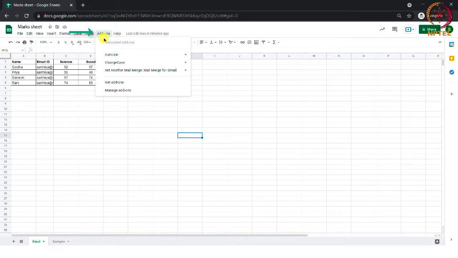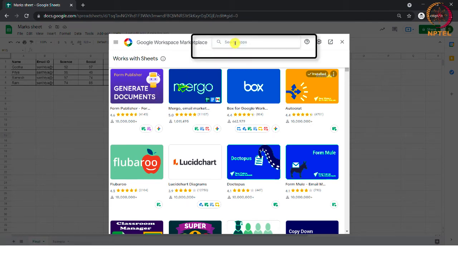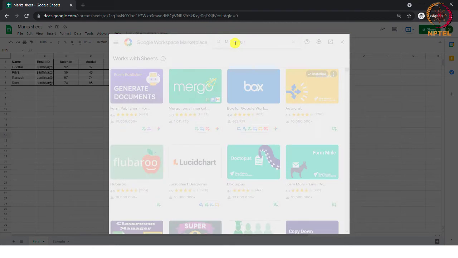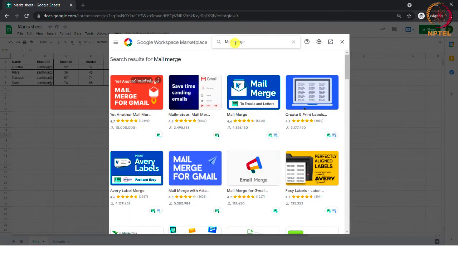Select Add-on from your menu bar and click Get Add-ons. Here in the search bar you have to type Mail Merge and now you can see a variety of Mail Merge options available. In this we have to select Mail Merge to emails and letters.